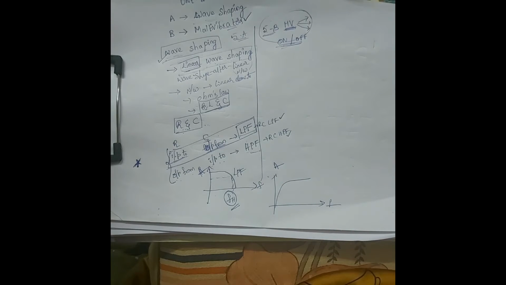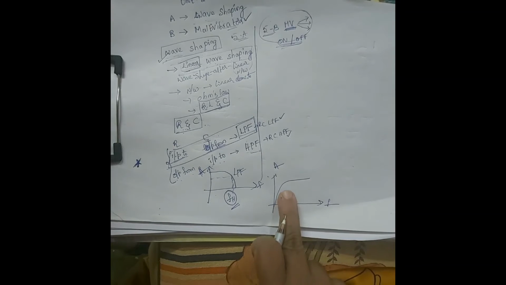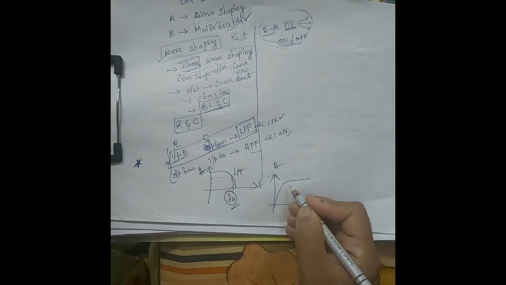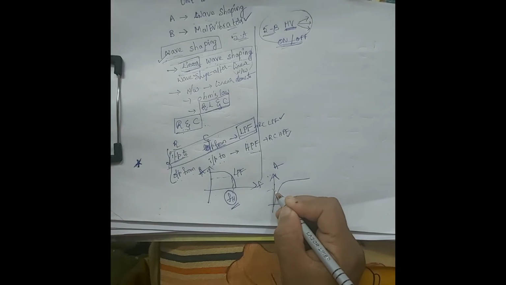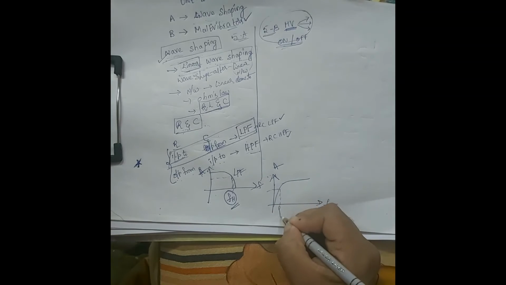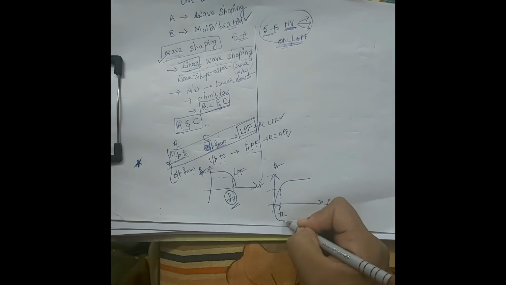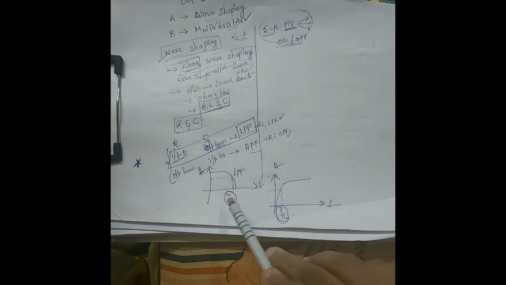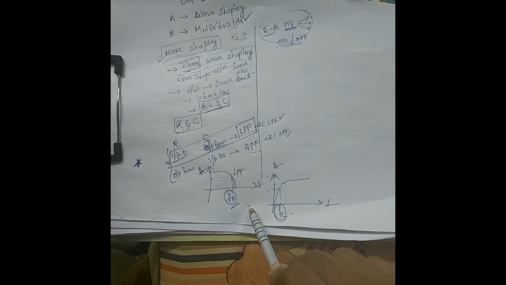the frequency response of a high pass filter. We know that the frequency response will be like this. So in this frequency response, which cutoff frequency will we get? This is the lower cutoff frequency. So it is clear that in a high pass filter we will get the lower cutoff frequency. In a low pass filter we are going to get the higher cutoff frequency.